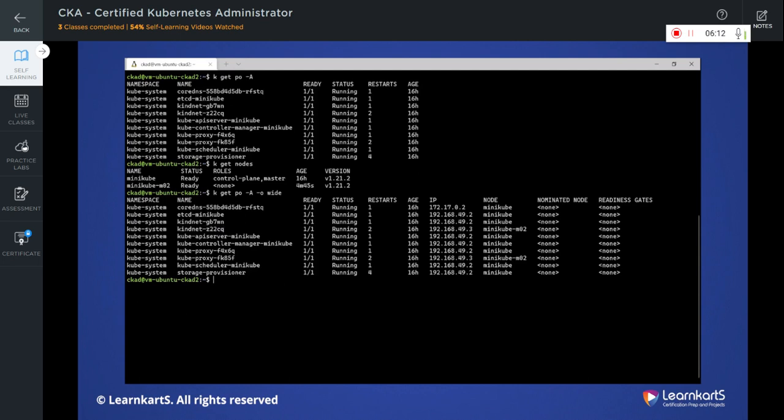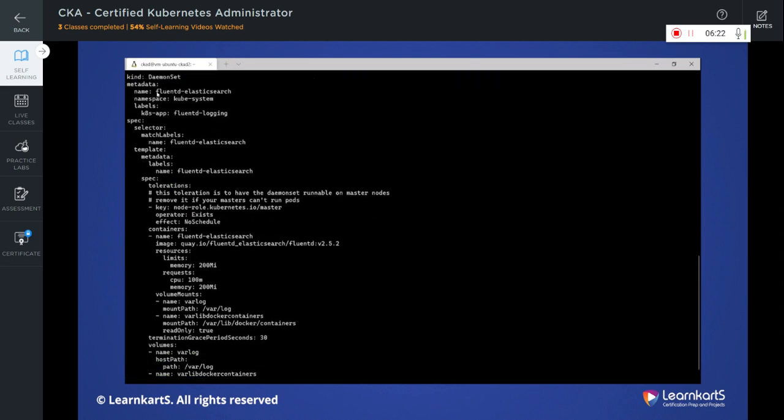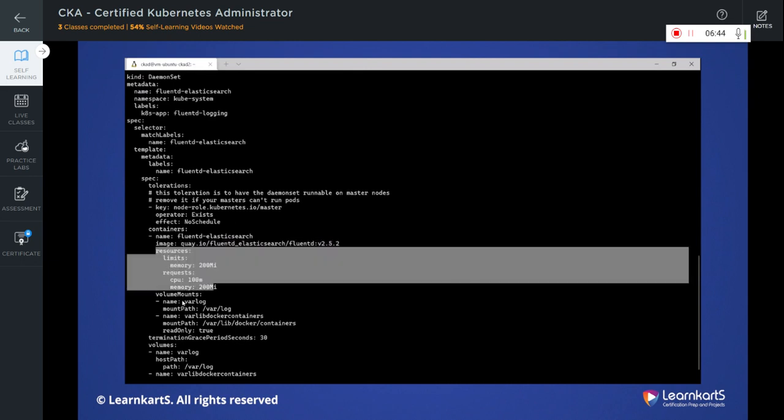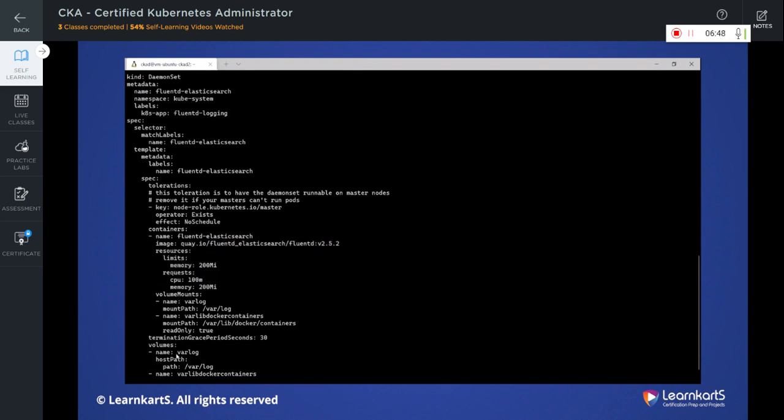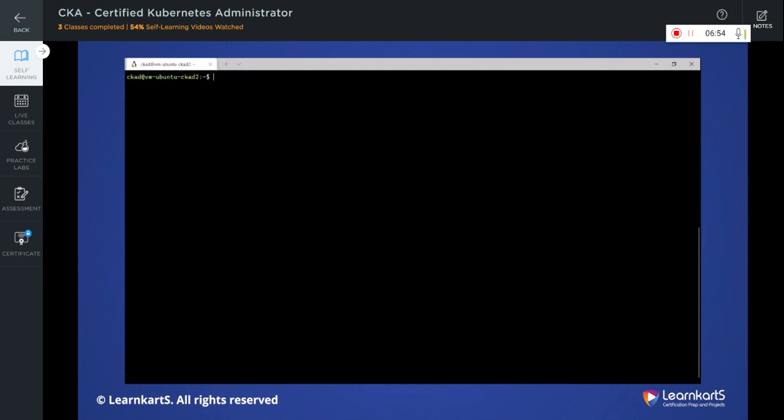So if you come over here and say cat daemon set, that's the YAML file which we will be using to deploy. What we are deploying is Fluentd Elasticsearch, and it is nothing but a daemon set, but inside the daemon set you have the pod specification, which has a container, and inside the container it also talks about the image, resource limitation of that image, volume details. All these things you can see over here. Now, if we need to run this, we simply say apply -f